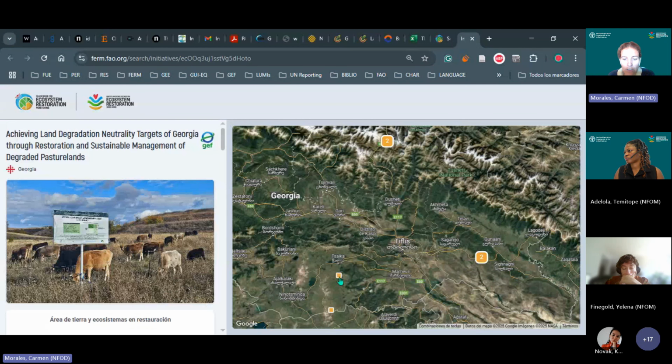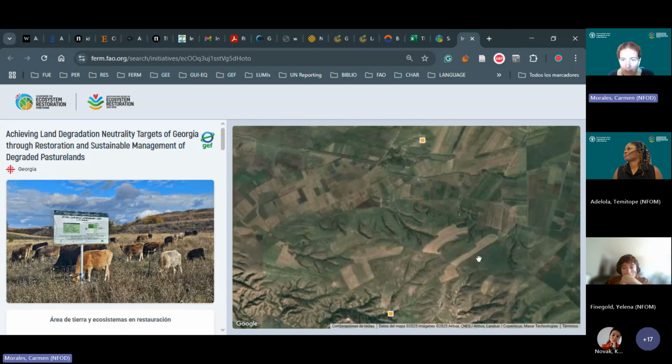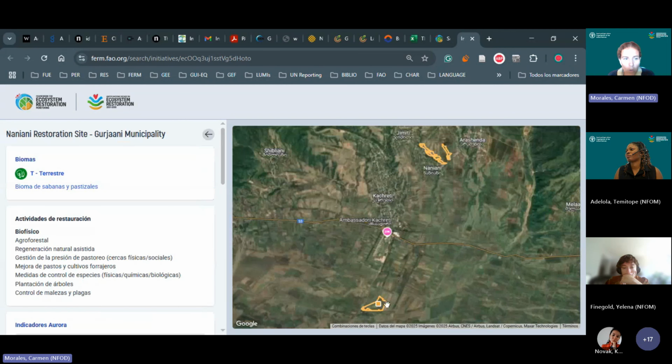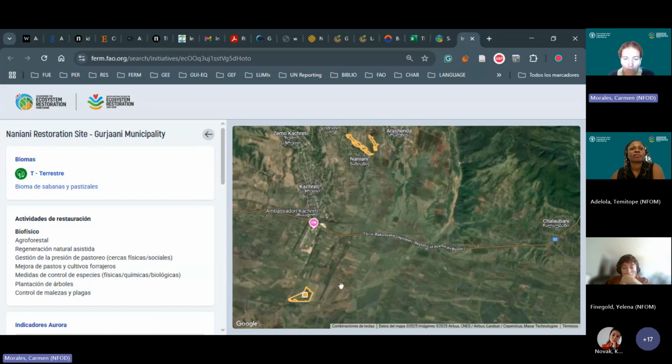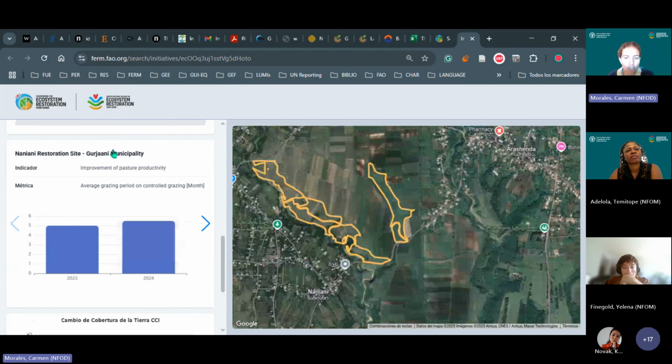When we zoom in on one of the areas, let's go here, for example, in this area. This is one of the restoration sites of this project. And here on the lower part, we can see some of the indicators. So we can zoom on the area, and we can see some of the indicators that have been compiled within